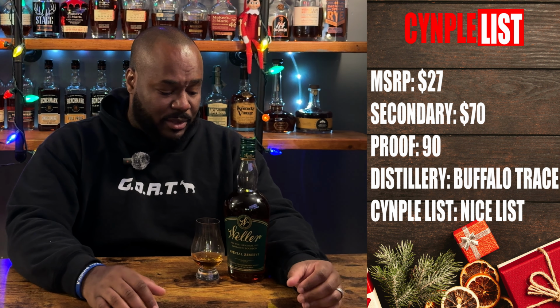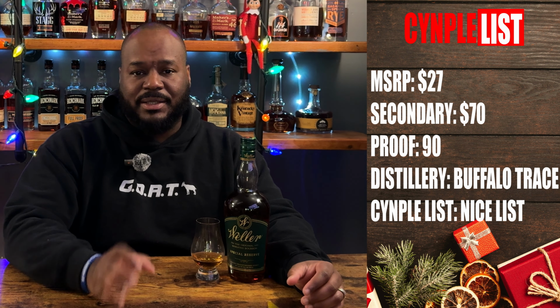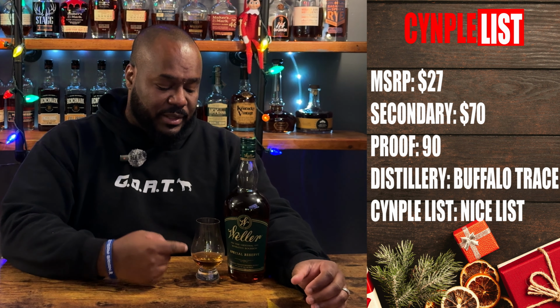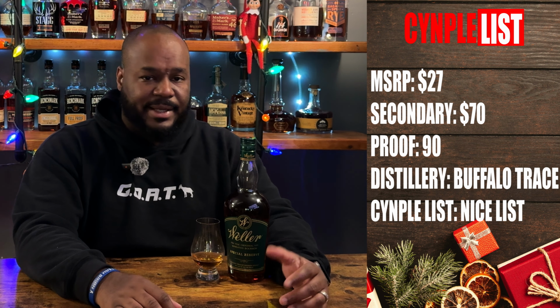Final thoughts on the bottle. Overall, this would be good if you wanted to mix it in a cocktail. I typically go with 100 proofs or more if I'm going to mix in a cocktail, just because I want to get more of the whiskey or bourbon flavor whenever I'm sipping on a cocktail. But this one, I do feel like you could probably do a good old fashioned with it. It does have a lot of good sweet notes. It'll mix good with your simple syrup, your Luxardo cherries, or orange, or however else you want to make your